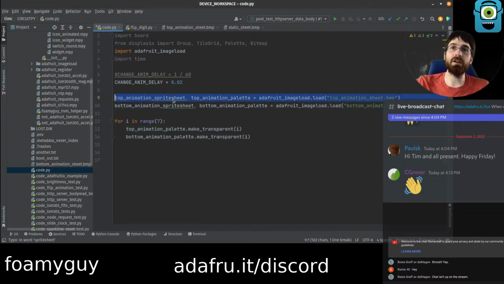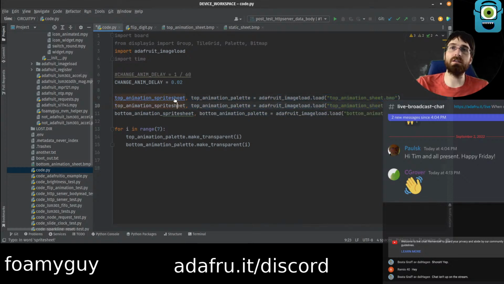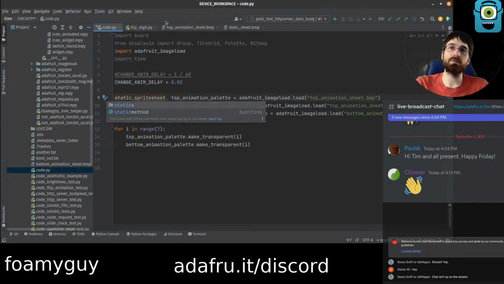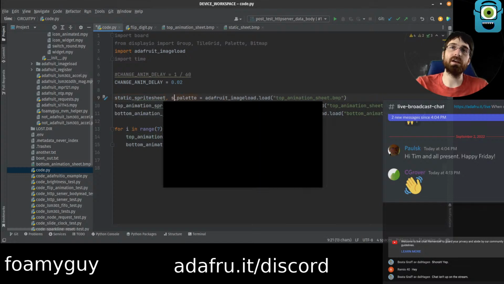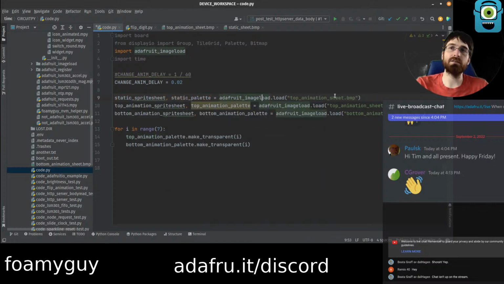And in fact, we actually want a static one also. Except actually the static one is the entire one, not top and bottom. Although I am going to treat it as top and bottom probably if I can. But it is still just one, so static sprite sheet, static palette,